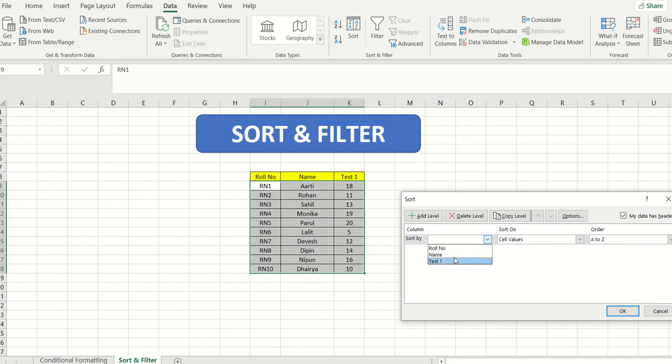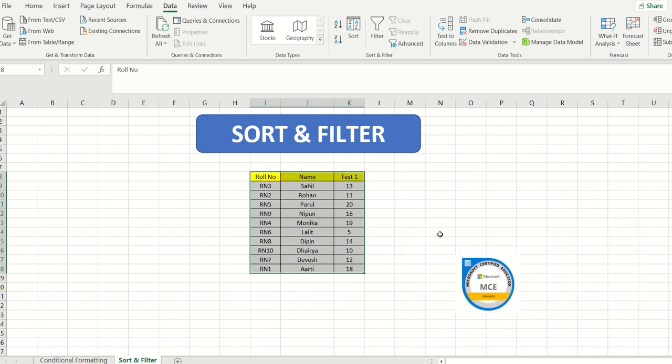How do you want me to sort my data? Do you want to sort the data by name, or do you want to sort the data by test? Let's go ahead and select the name first of all, and definitely it is going to be with the help of cell values, because I have not applied any color over here. There is no color coding, so cell color, font color, conditional formatting icon is not going to work. I want my data to be in the Z to A format. Okay, so let's go ahead and select Z to A format, and then okay.